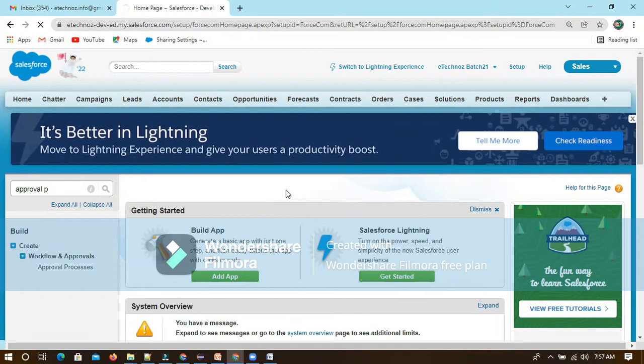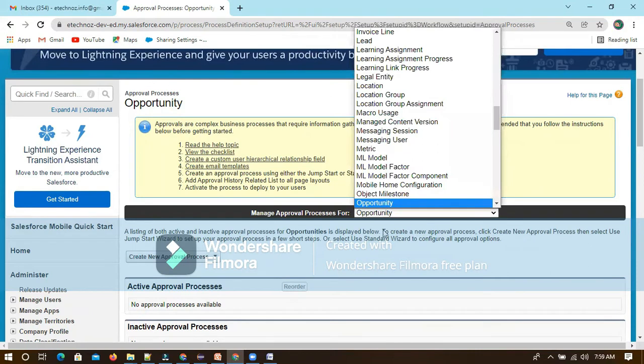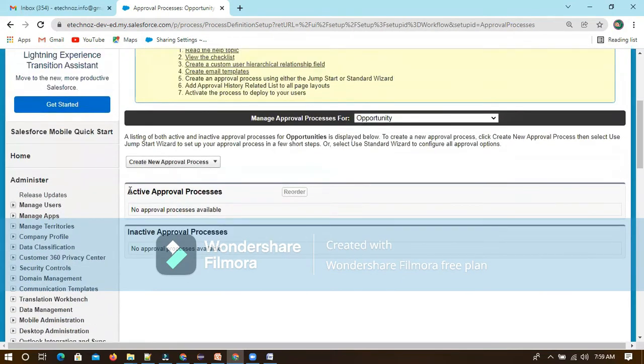First, we need to define on which object we want to create an approval process. We have already selected Opportunity, and it will show active approval processes as such.